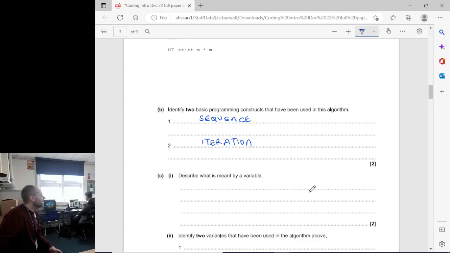Right, then it said, what is a variable? A variable is just this basic thing. It's a memory location that we reference using a name, or identified by a name. So when we say like num,